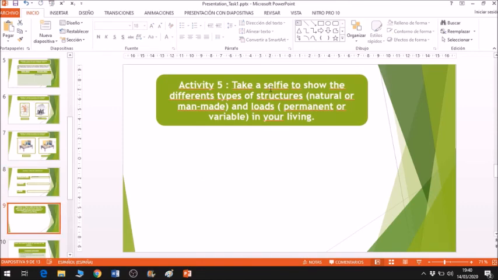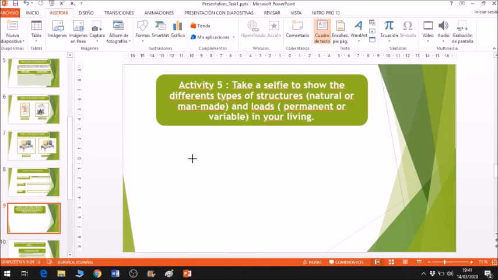And in the last activity, you have to take a photograph of yourself with different types of structure. One photograph with a natural structure could be a tree, could be a mountain. Okay, you can use photographs that you have from your holidays or so, and a photograph in which you appear with a man-made structure. And also other 2 photographs with a permanent and a variable load. Okay, so here you must put 4 photographs and you must write,